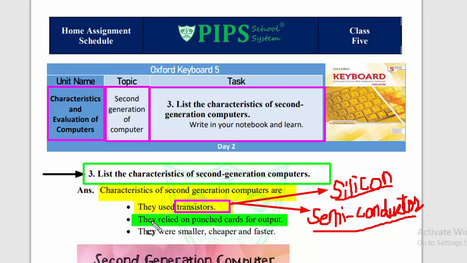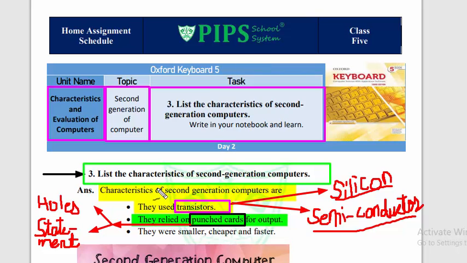Second characteristic is they relied on punched cards for output. के आउटपुट शो करने के लिए उन्हें पंच्ड कार्ड की ज़रूरत होती थी. सो व्हाट आर पंच्ड कार्ड्स? पंच्ड कार्ड्स क्या हैं और क्यों इनकी ज़रूरत होती थी आउटपुट शो करने के लिए? So the answer is, punched cards are like small paper cards that have holes in them,